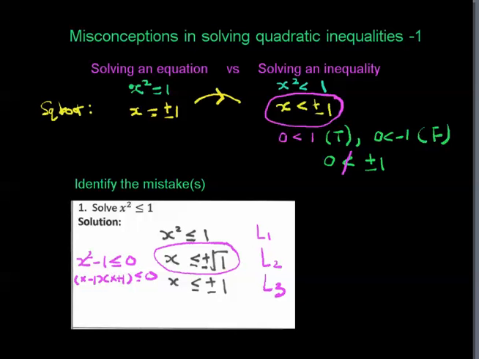We can visualize this solution by sketching a quadratic curve in U shape, passing through the x-intercepts -1 and 1. The upper part of the graph is the part where it is greater than 0. The lower part is the part where it is less than 0. Since we want to solve less than or equal to 0,